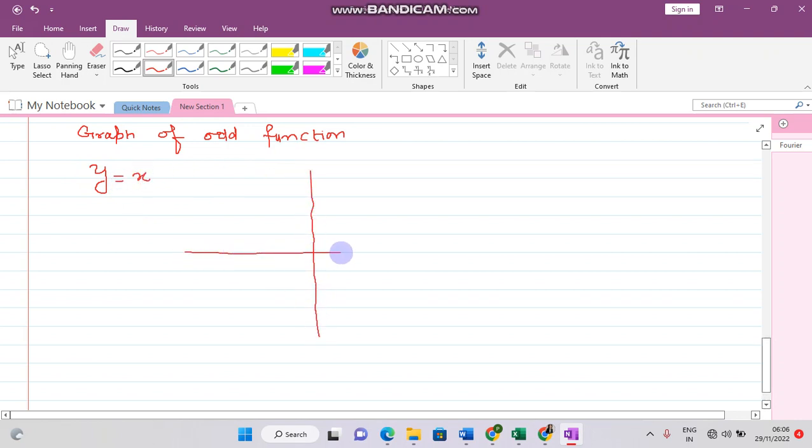Y equal to x is a straight line passing through the origin. The portion of this line on this side is the same as the portion of this line on this side. So it means that the origin is the point about which this graph is symmetrical. So here we can say that the graph of an odd function